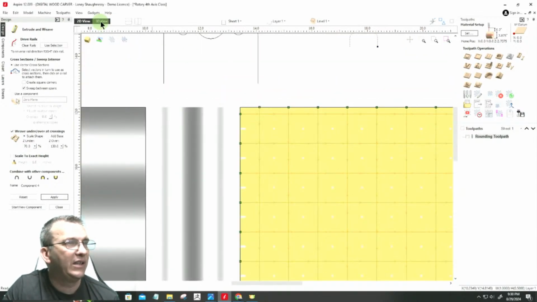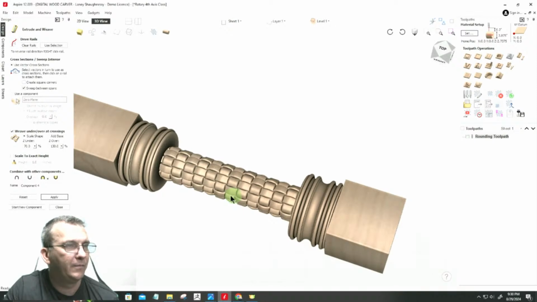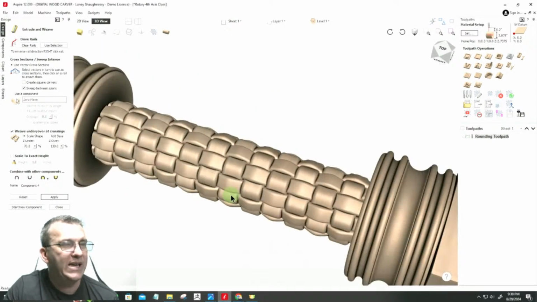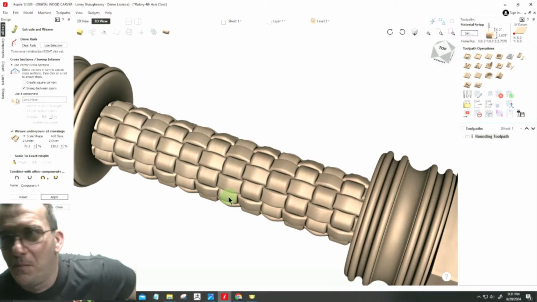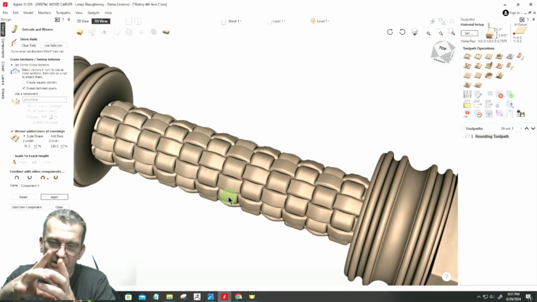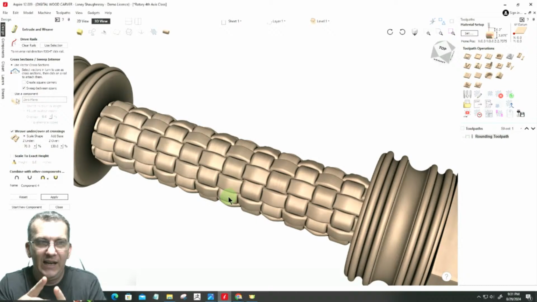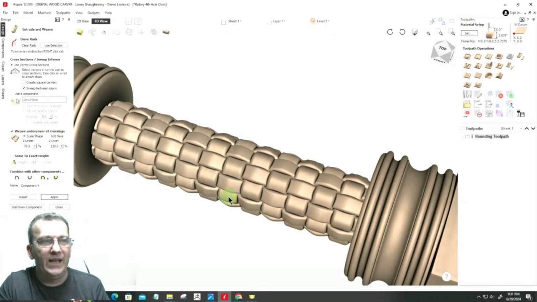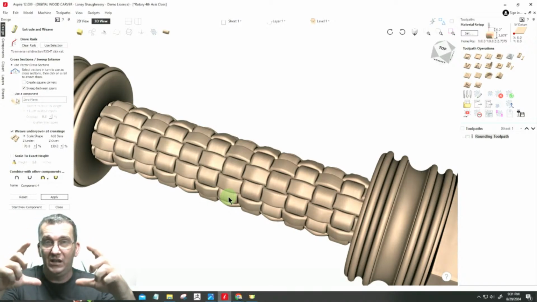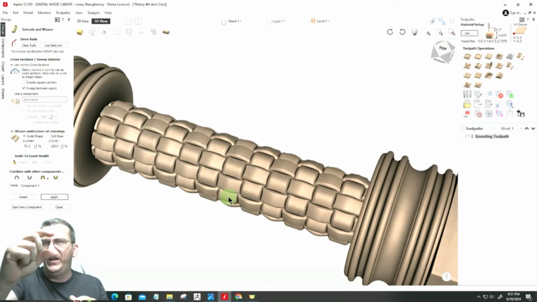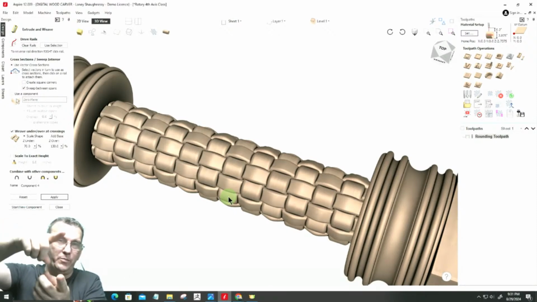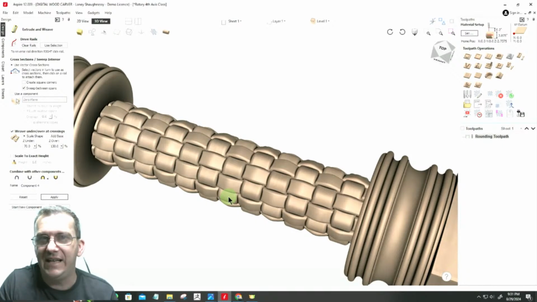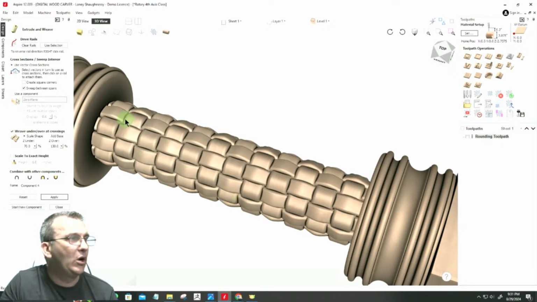Now, if I look at this in the 3D view, okay, we have this weave going on here. But notice the weave is small. Notice the weave is small, and it's not as big as it should be on the diameter, right? And the reason for that is because my parts were only 3/8 of an inch tall or a 1/2 inch tall, and it needs to be 1.9, whatever it is, half my radius, right, of my 3 7/8. So when I come in here and I close this out,